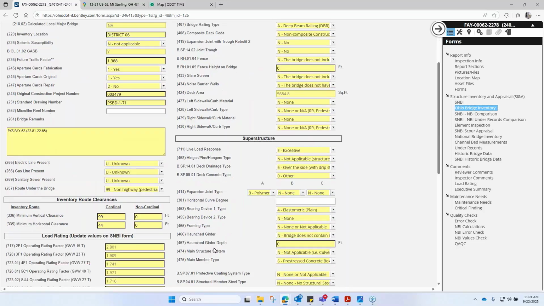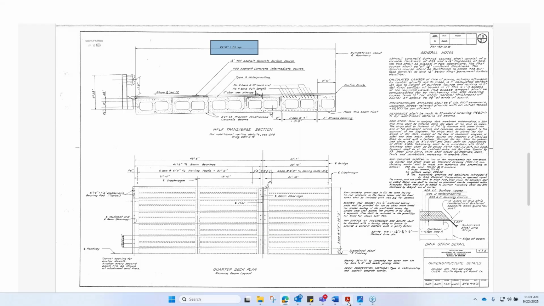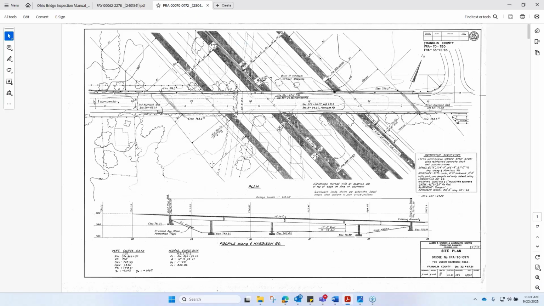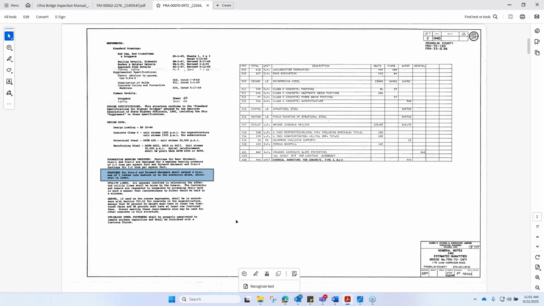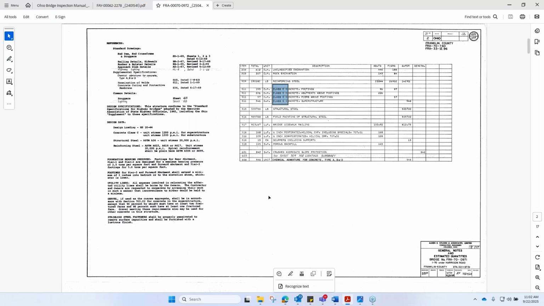Deck concrete type and steel member steel type. That information can be found on the plans. So, here's your typical state bridge. A lot of times that information is just listed in your design data. You can see here they're calling out Class C concrete, structural steel A36. It may also be listed in the bill of materials, or sometimes, not super common, that steel grade will actually be listed on the steel